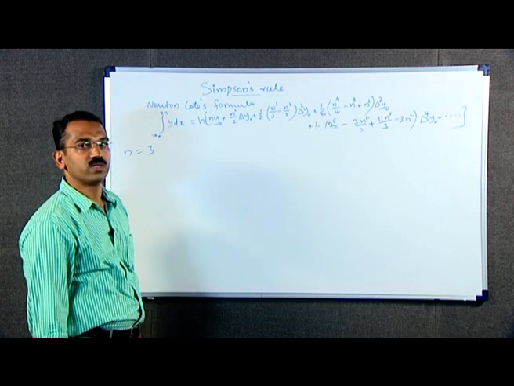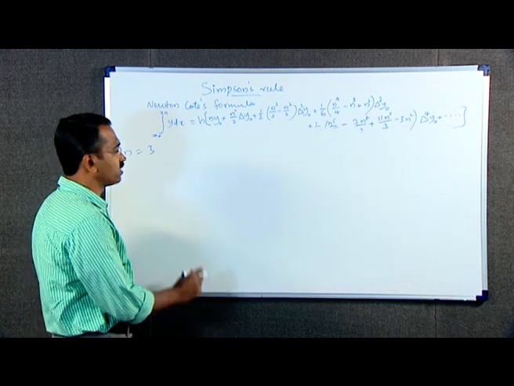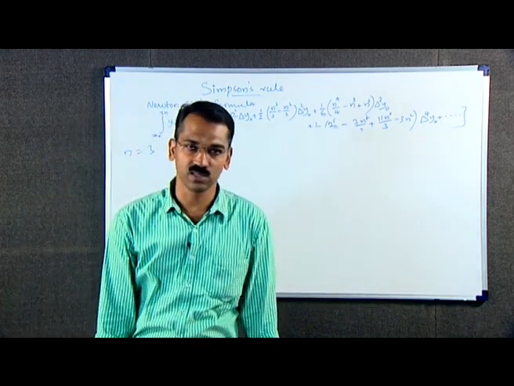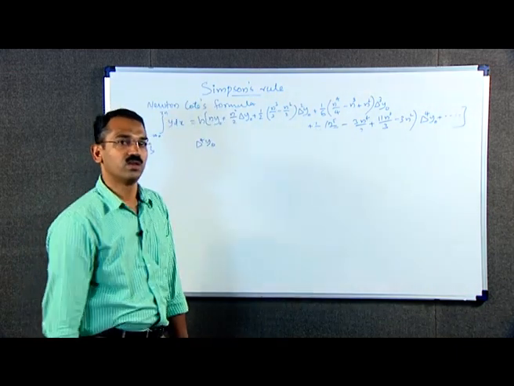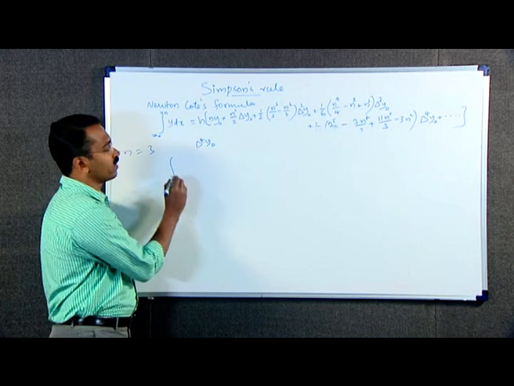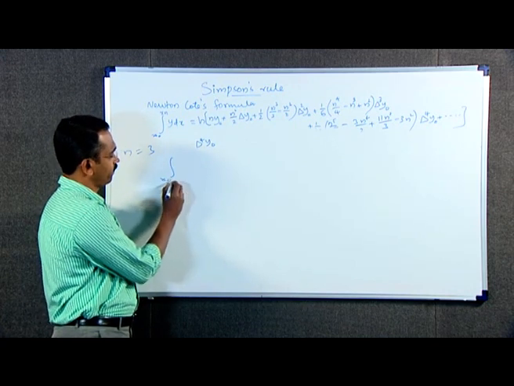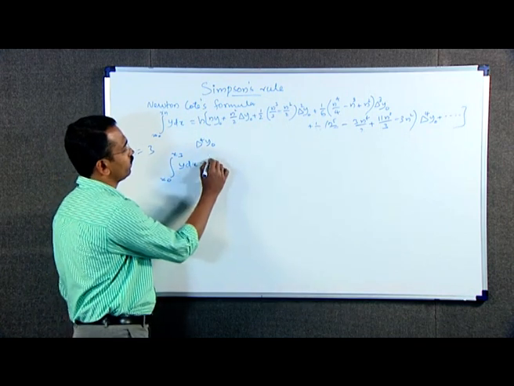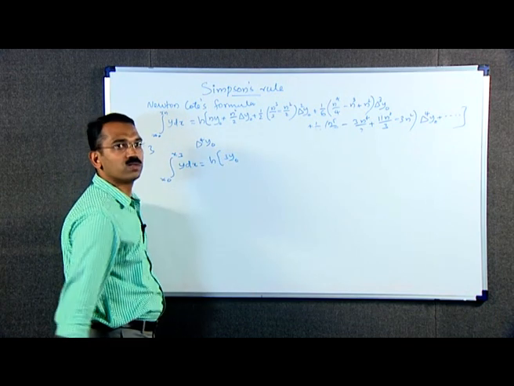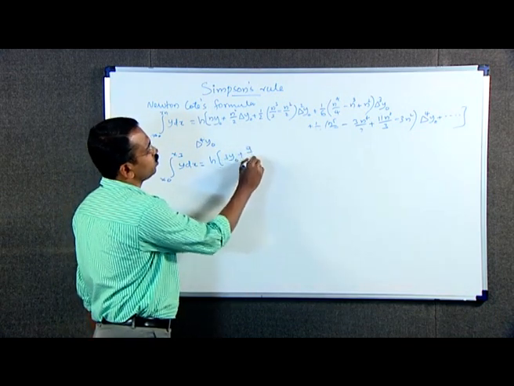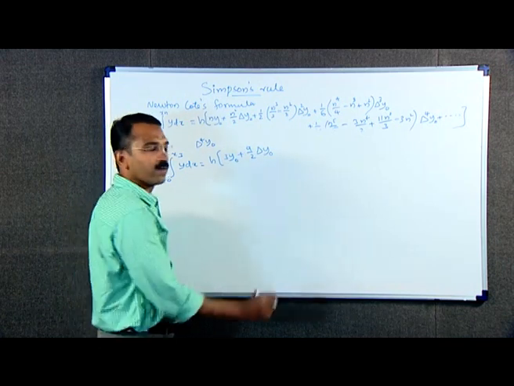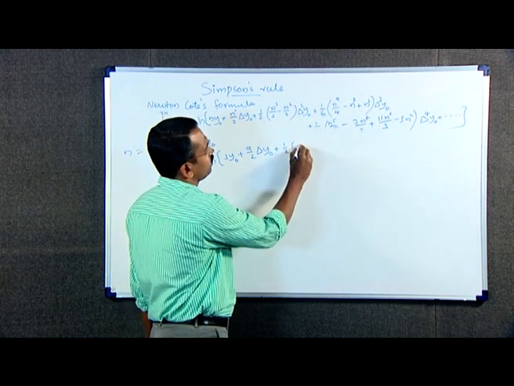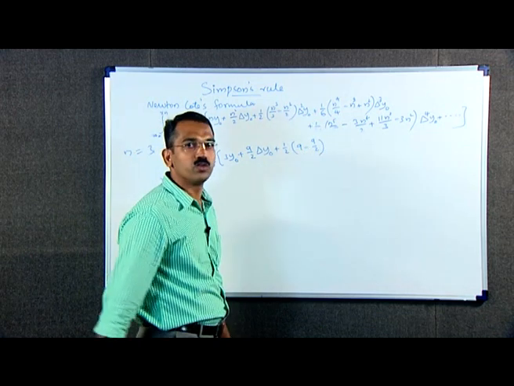Putting n equal to 3 and omitting the terms with delta to the power 4 y naught and higher order differences in the interpolating polynomial, we get the integral from x naught to x3 of y dx equal to h into 3 y naught plus 9 by 2 into delta y naught plus 1 by 2 into (9 minus 9 by 2) into delta square y naught